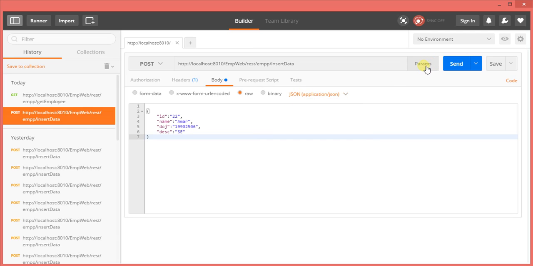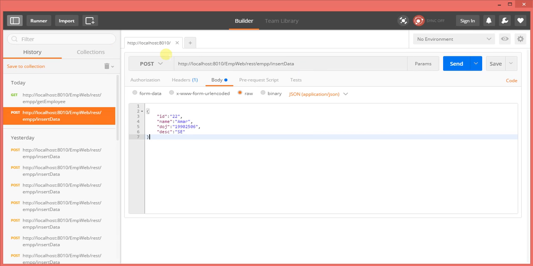Okay, here the params are nothing but key value pairs, if you want to get some information based on your ID. For example, based on member number, we have to fetch some data and pass it in the query param, so that data will be attached to your URL. Those things I will explain in the coming videos. In this video, I'm going to show you how to insert data using Postman.